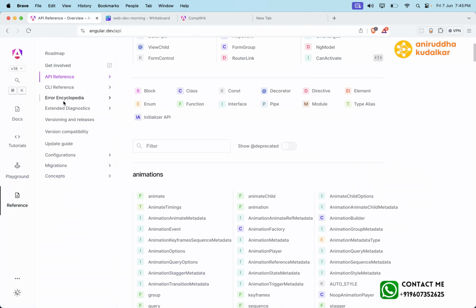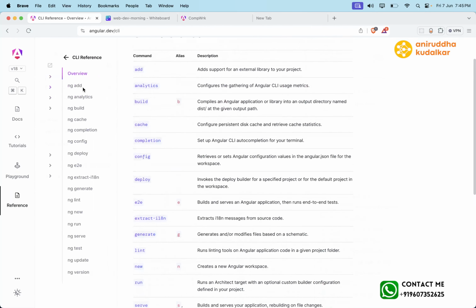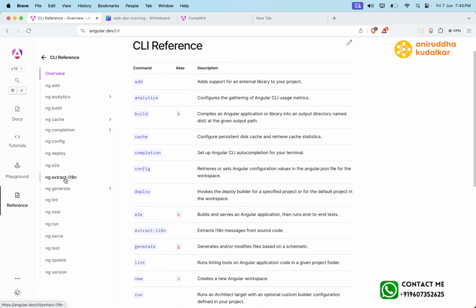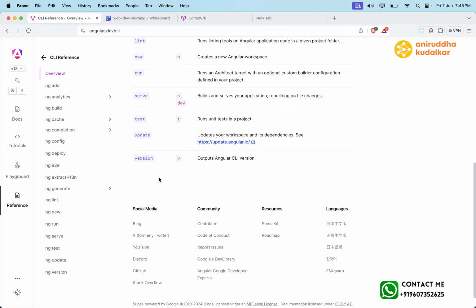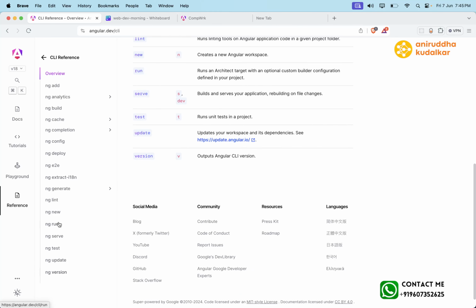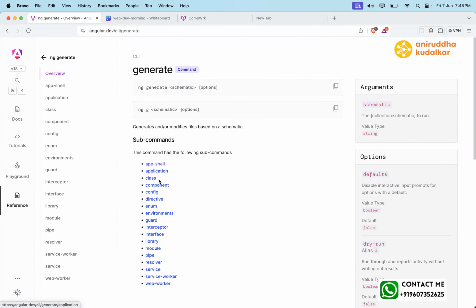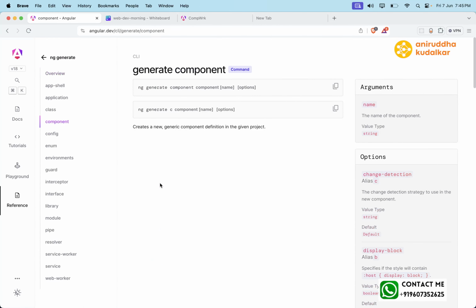CLI reference, ng generate, this one. I want to generate the component ngGC,